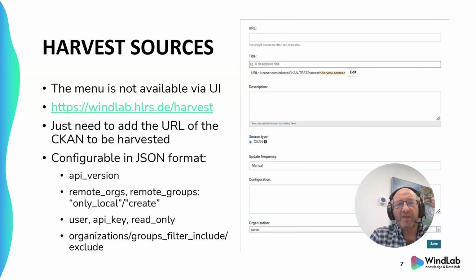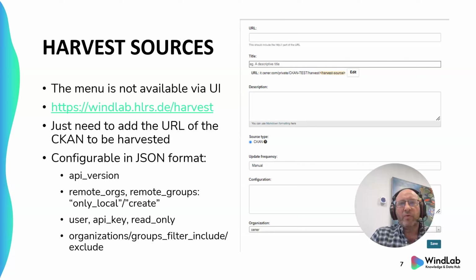Basically, we just need to add the URL of the remote CKAN from which we want to harvest the data. That's all we need to do. Of course, probably we will like to add some description and the frequency of the harvesting. The main interesting thing is that we can set up a little bit how some actions are going to work. In this case, in this configuration text box, we can specify in a JSON format which API version we are going to use in the harvesting,